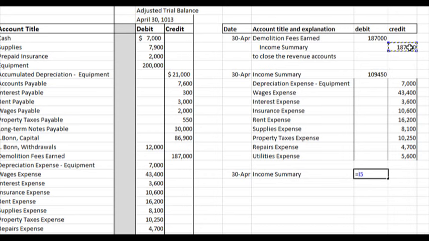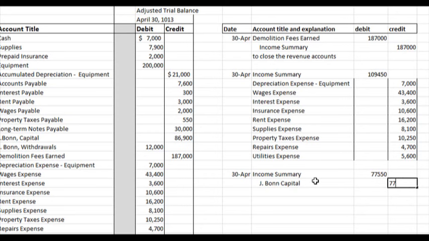Equals that minus that, 77,550. If you recall from your worksheet, that was the number that we came up with for our net income. And we're going to credit J Bond